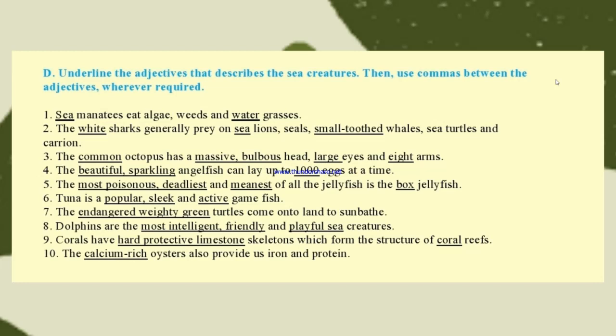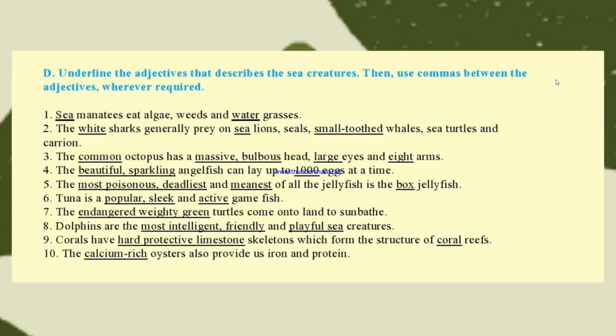Underline the adjectives that describe the sea creatures, then use commas between the adjectives wherever required. So as per rules number 1, 2 and 3 that we have learned, we have to apply those rules. So I'll read out sentence number 1. It says that sea manatees eat algae,